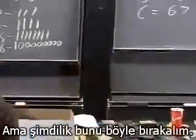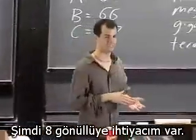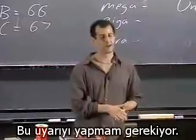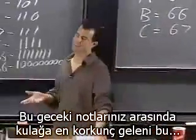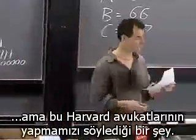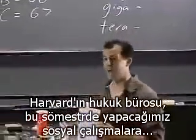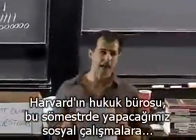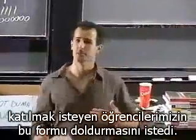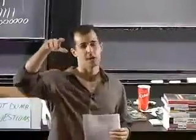But let's leave it at that, because what I now need is 8 volunteers. This is perhaps the most socially awkward point of the evening. And I need to offer this caveat. Among the handouts tonight, this is going to sound a lot scarier than it needs to be, but such is what Harvard's lawyers tell us to do. So this poorly photocopied paper is some legalese that Harvard's legal department asks that we have students fill out if at some point during the semester you would like to come down here with me and participate in some socially awkward demonstration. The reason being that we do have a camera in the room,